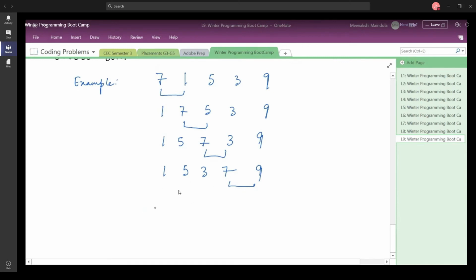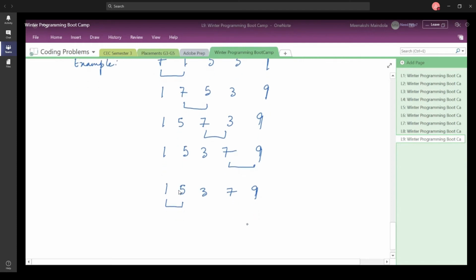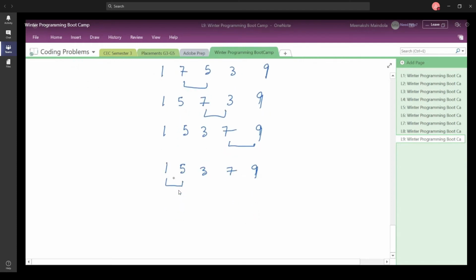Now, if you start off with the second pass, again you are going to compare, starting from the beginning, picking up two elements. So let us consider the elements in the second pass. In the second pass, again you are comparing these two elements. You see that the lighter bubble is already at its correct position.